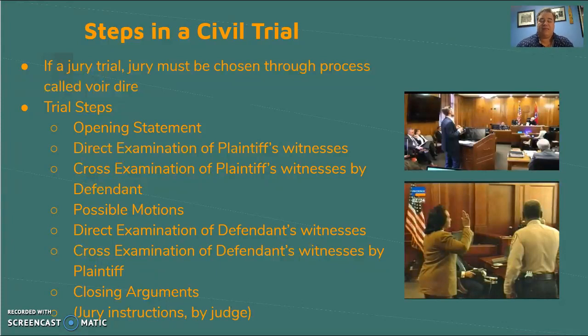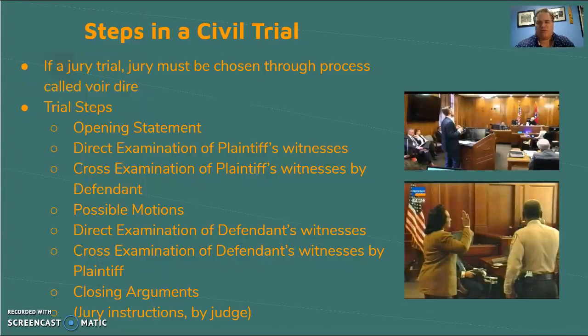So if you're in a case involving a car accident, both attorneys might ask potential jurors of a jury pool, have you ever been in a car accident before? Have you ever caused a car accident? Have you ever been the victim of a car accident? These kinds of questions. And then you can pick and choose who you want on the jury. Both sides can pick and choose who they want on the jury. Once you've got your jury picked,